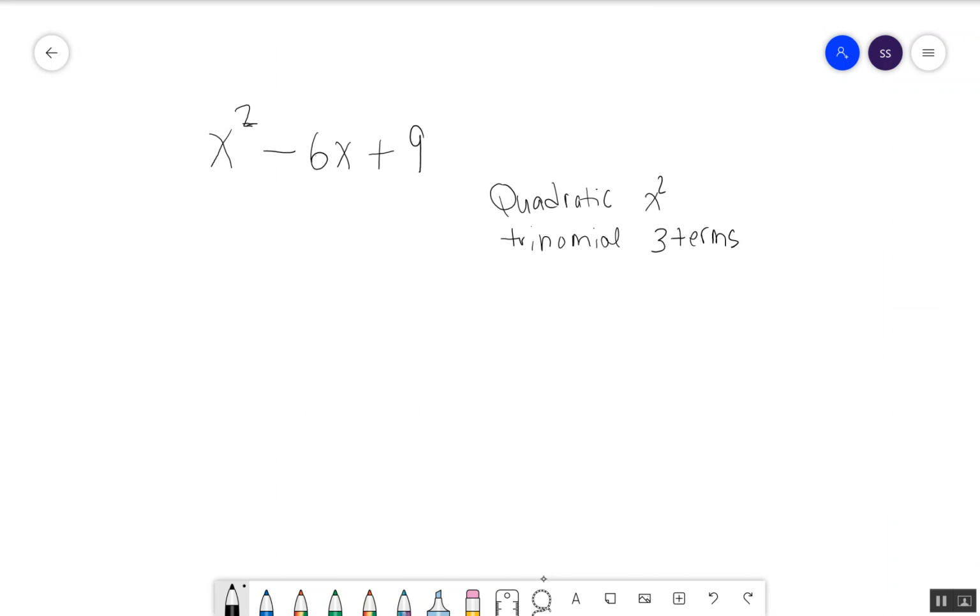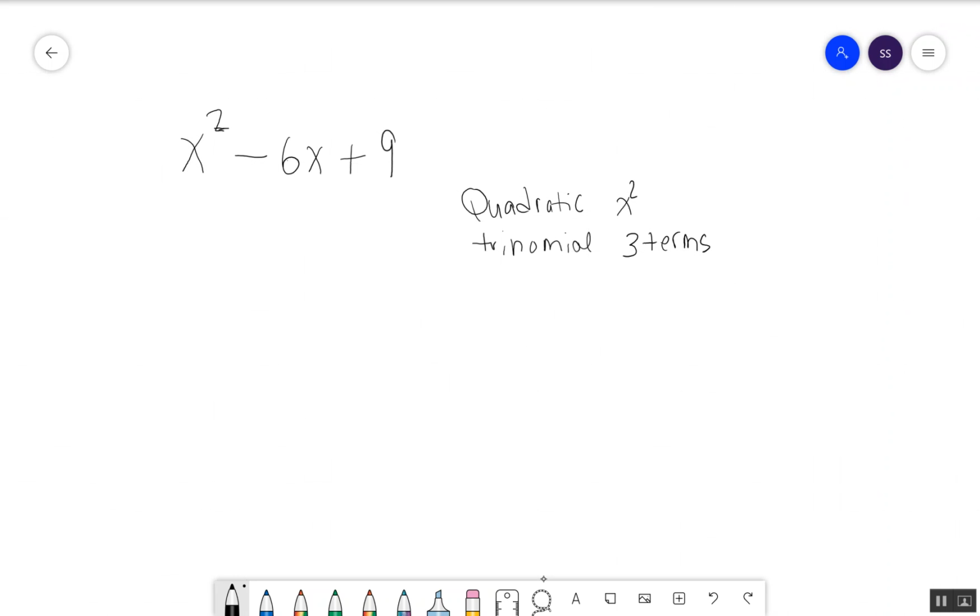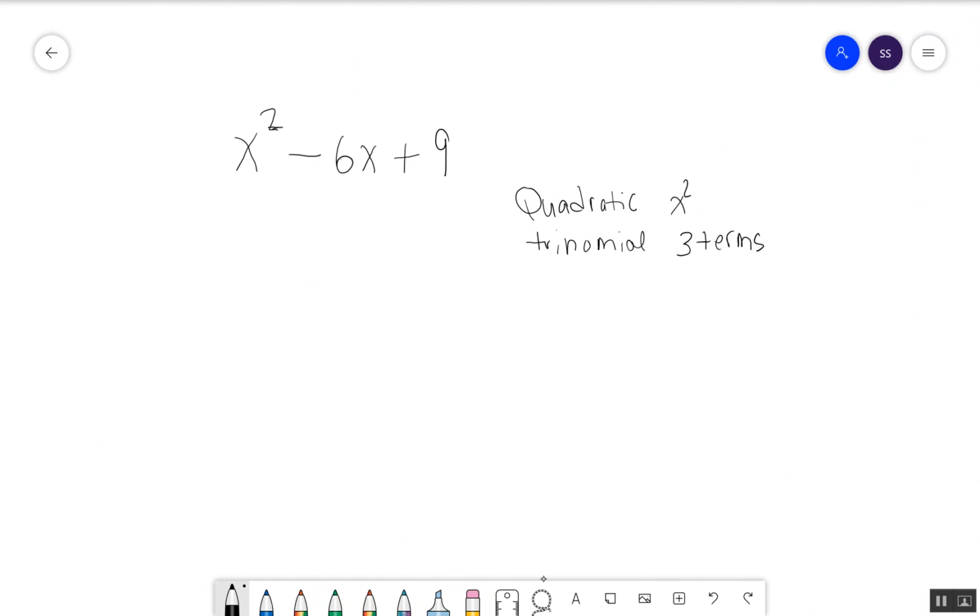And when you have a quadratic trinomial and you want to factor it, there's a trick that you can use. Now, this one does happen to be a perfect square, but there's another method you can use that works all the time, even when it's not a perfect square. And here's what you do. You want to find 2 numbers